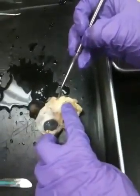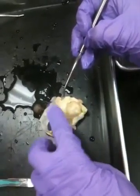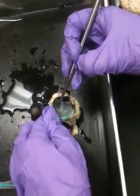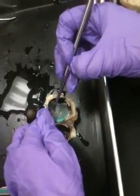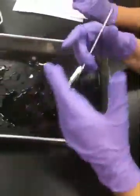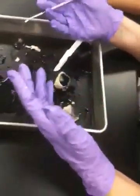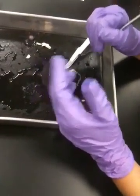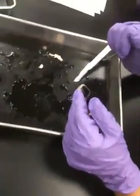Okay, and again, you can feel how hard it is in contrast to the stuff around it, which means right opposite that inside, we're looking for the optic disc, which is where everything looks like it's converging here at the middle. Okay, you will not be able to see the fovea or the macula on these guys. You just can't see it. It's a place where we have more photoreceptors, so it doesn't look any different from anything else. That's it. So let me put